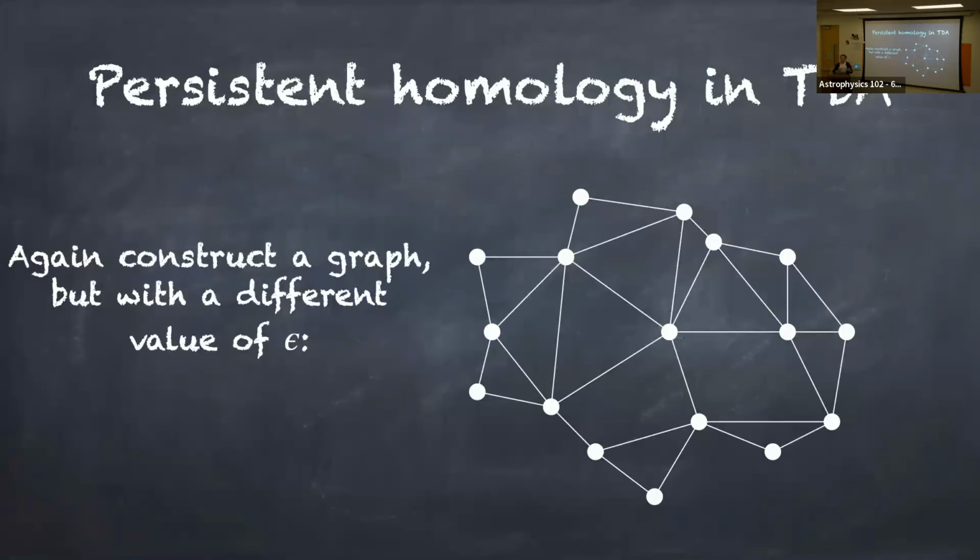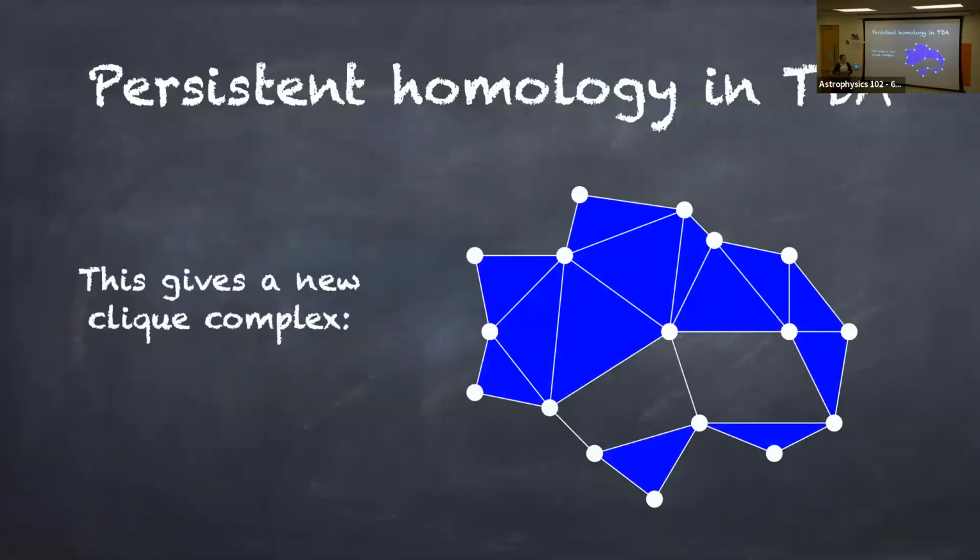We're then going to do the same step again of constructing the clique complex of the graph. So again, every time we have three vertices that are mutually connected to each other, we fill in that space with a triangle. If I drew a different graph and we had 4-cliques and 5-cliques, we'd be filling it in with higher dimensional spaces. But here we'll stick with a nice 2D example. So we fill in all the 3-cliques in this graph with triangles to give us the clique complex of the graph. And now you can see this is a different space to the space we had before.